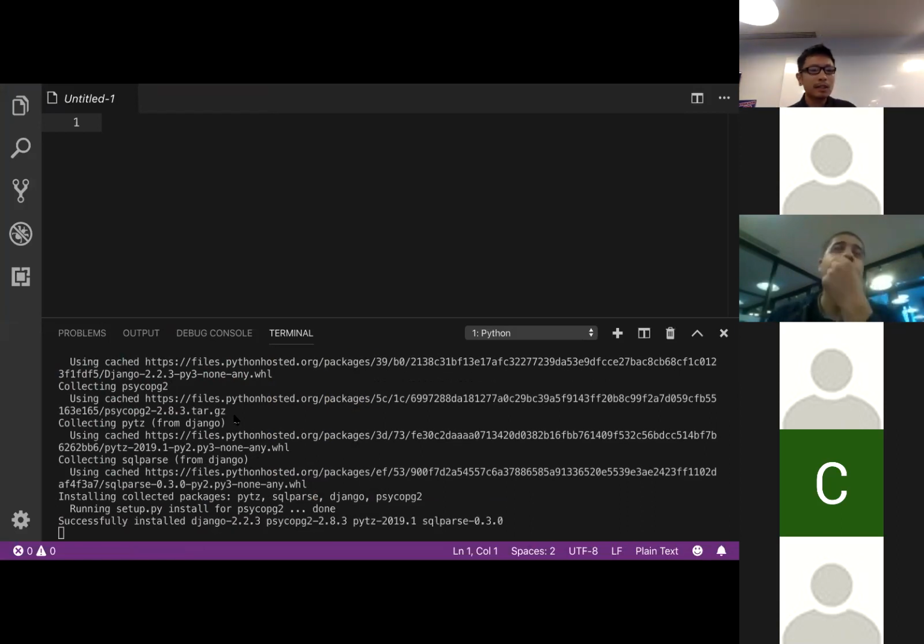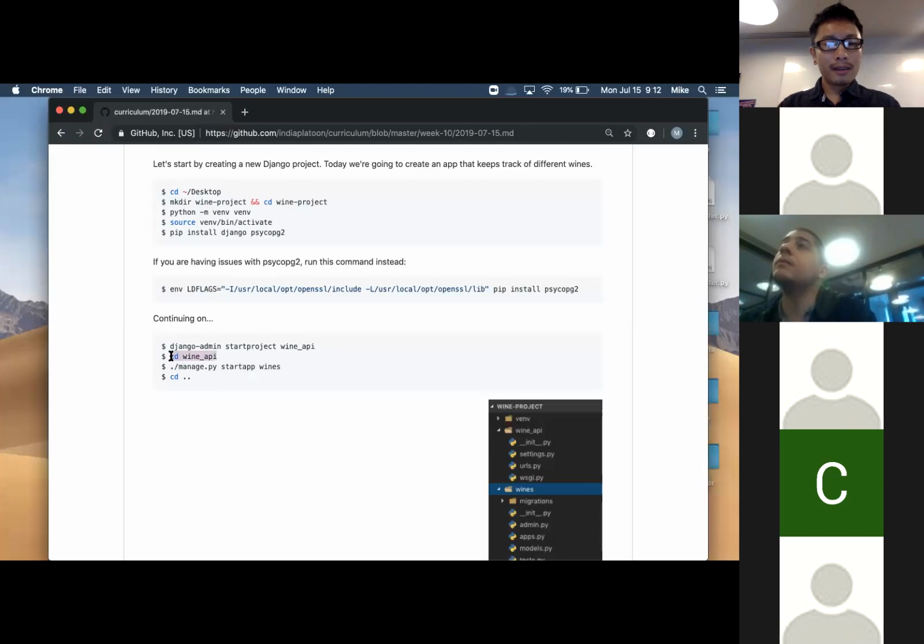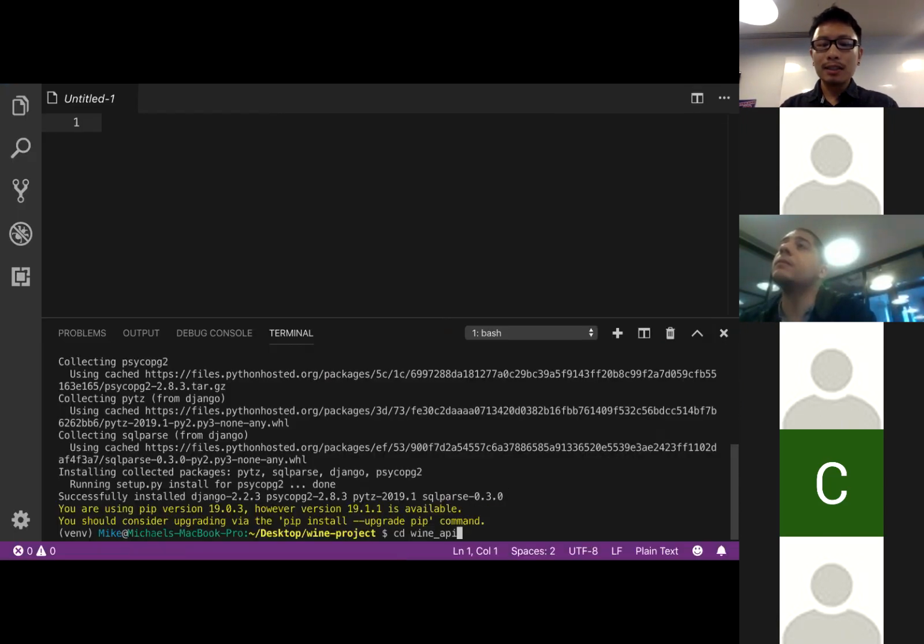So let's talk about continuous integration while it's going. There are different services, like I know CodeShip. It's cool because you connect it to your repository, and then it'll automatically run your tests. So whenever you push something to GitHub, it can watch that repository and run your tests. And this is useful because